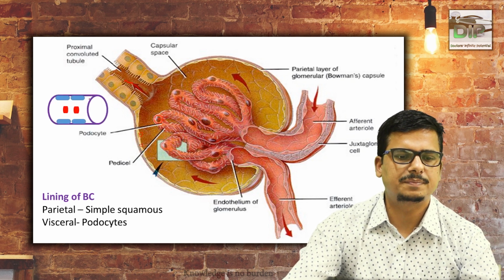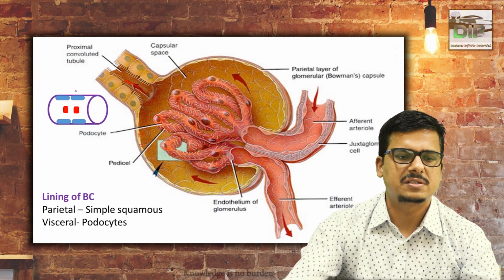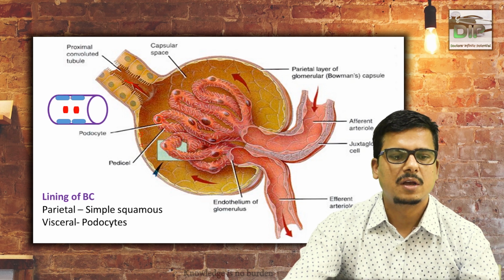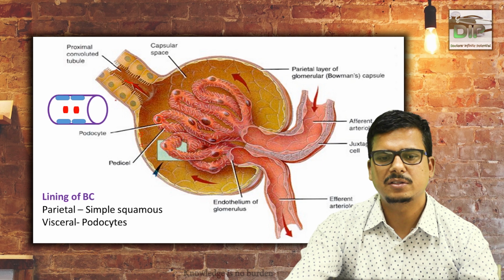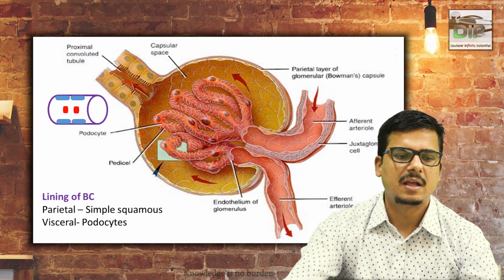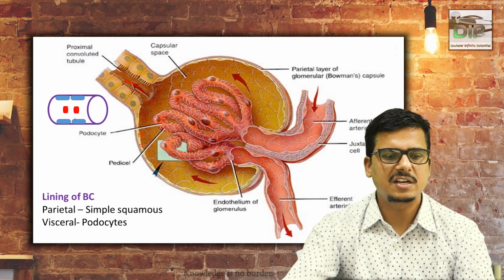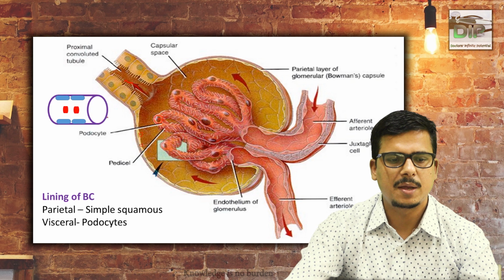If you see the capillary here, this is only showing the capillaries, which are covered by podocytes, as I previously told, and this signifies the RBC, which is flowing inside the lumen of the capillaries. So the capillaries are lined by endothelial cells. You know, the endothelium is the cell which lines the capillaries. The feature of the endothelial cell in this glomerular capillary is that they contain small pores, which are helpful for the filtration.